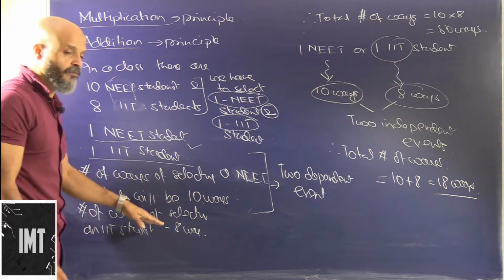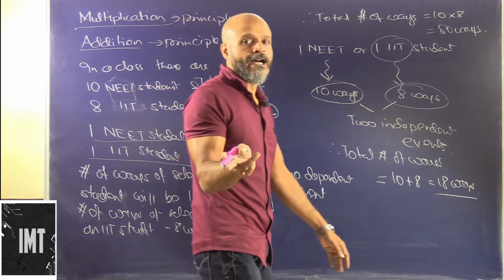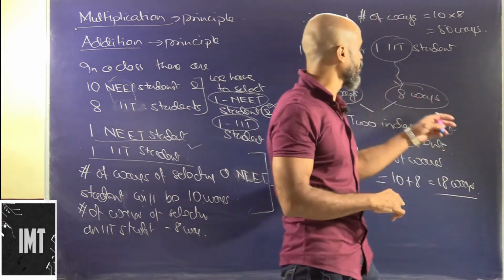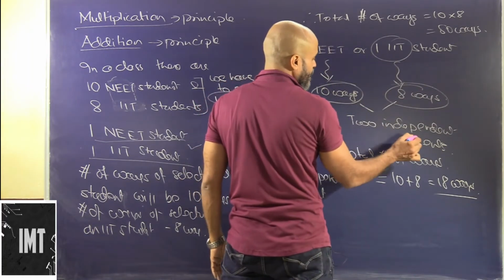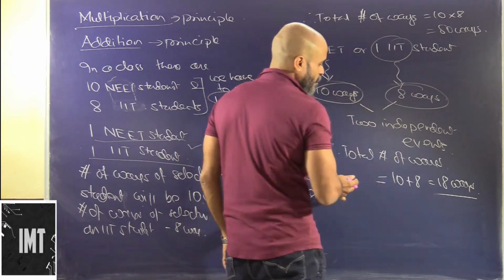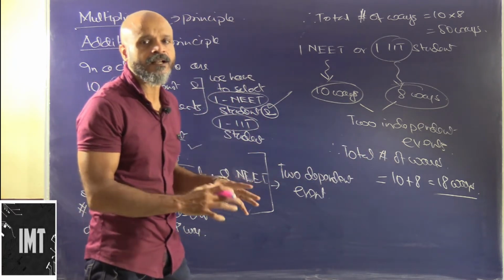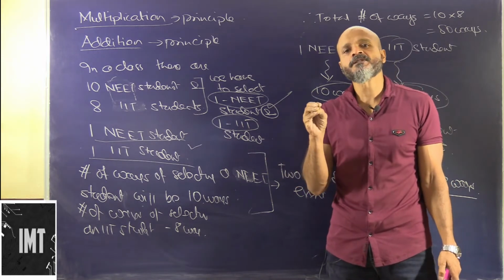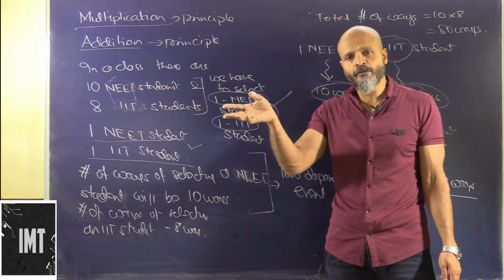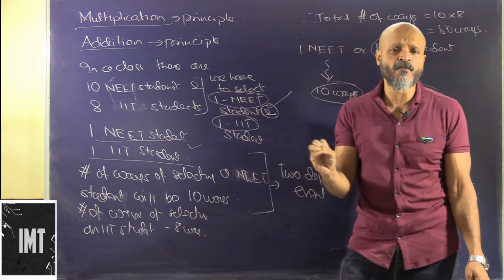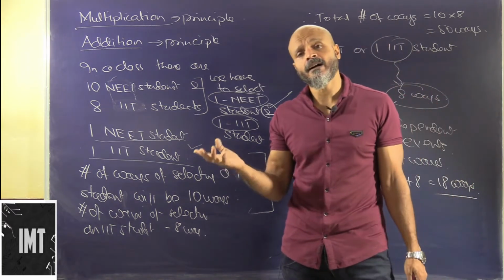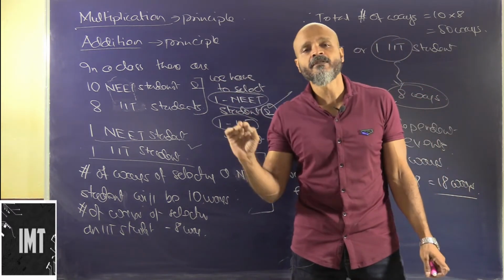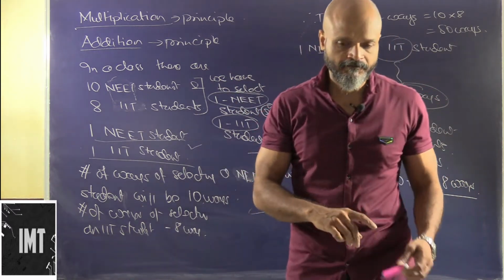So here we multiply. Why? Because we have to justify the condition of and. Here we add because we have to justify the condition of or. Okay, so I hope this makes clear how we will go ahead with different arrangements. Basic concepts need to be applied. What we would be applying here is just the factorial formula, but in order to apply it, we need to have a basic concept of where we need to add and where we need to multiply.